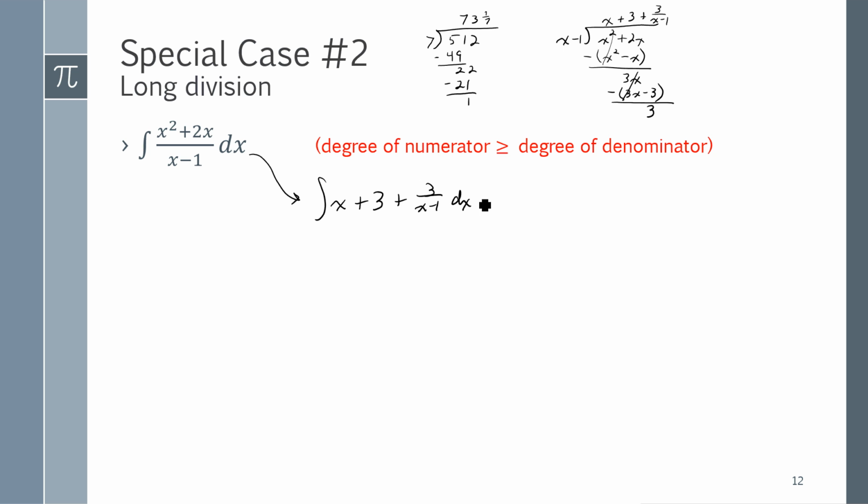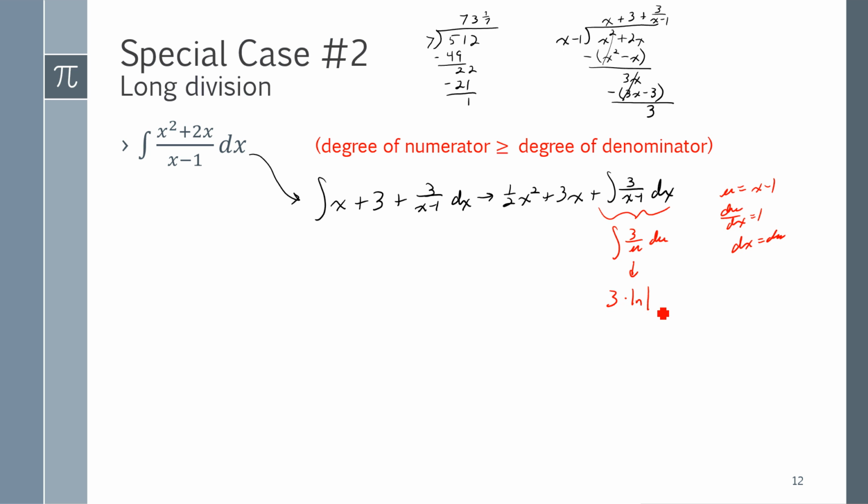Well, the x, I know its antiderivative is 1/2 x squared. The antiderivative of 3 is 3x. But then I have the integral of 3 over x minus 1 to worry about. I don't know anything that has that as its derivative. So I'm going to say u is equal to x minus 1. du dx is equal to 1, so dx equals du. So just this part gives me the integral of 3 over u du, which is 3 times the natural log of the absolute value of u plus c,